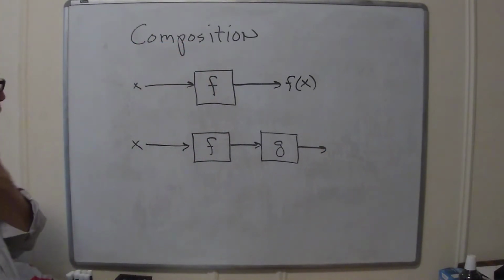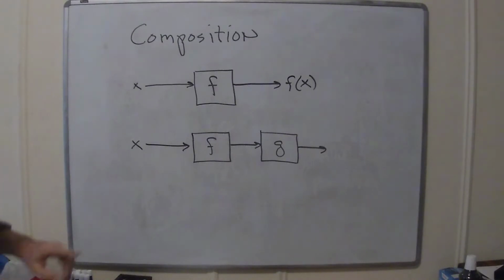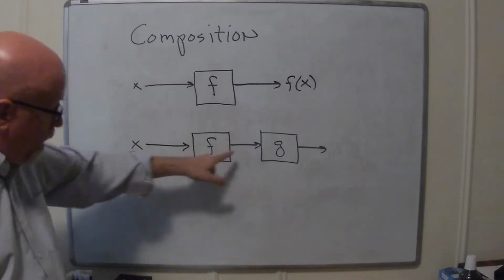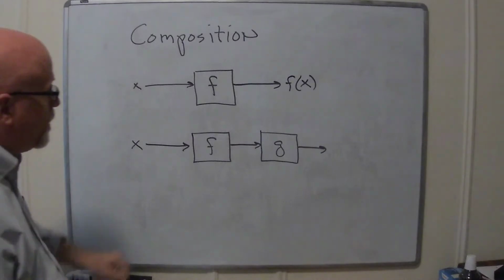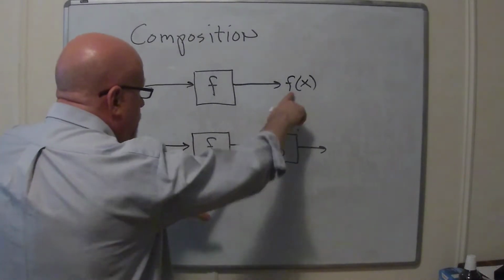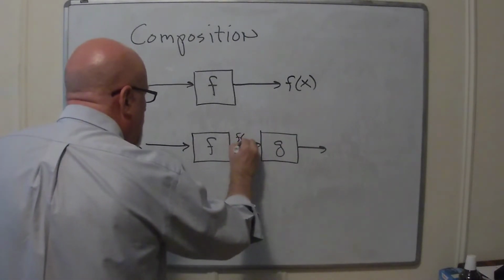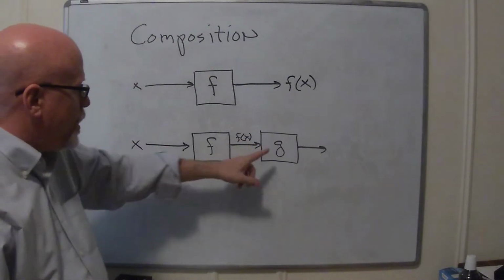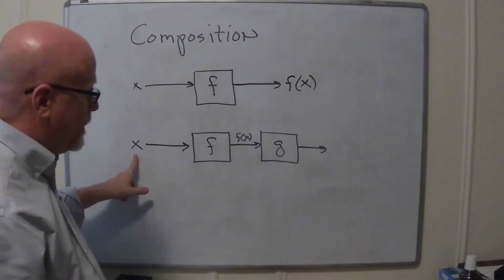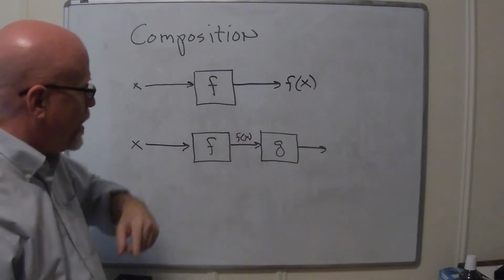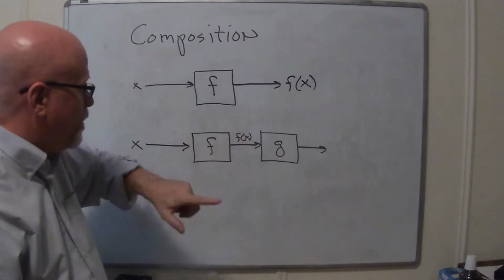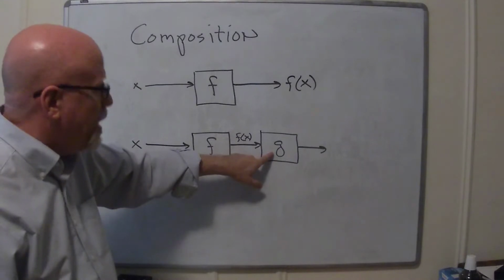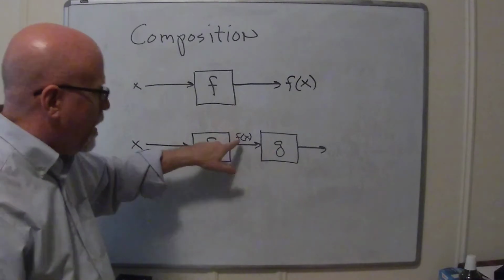Now let's figure out what happens here if you have that kind of a circuit diagram. X feeds into here, and actually we do know what's on that line. What's on here is just what it was there. It's f of x. But now we're in a messed up situation for G because its input isn't x. The input has already been changed to f of x. So what comes out of here is G of f of x.